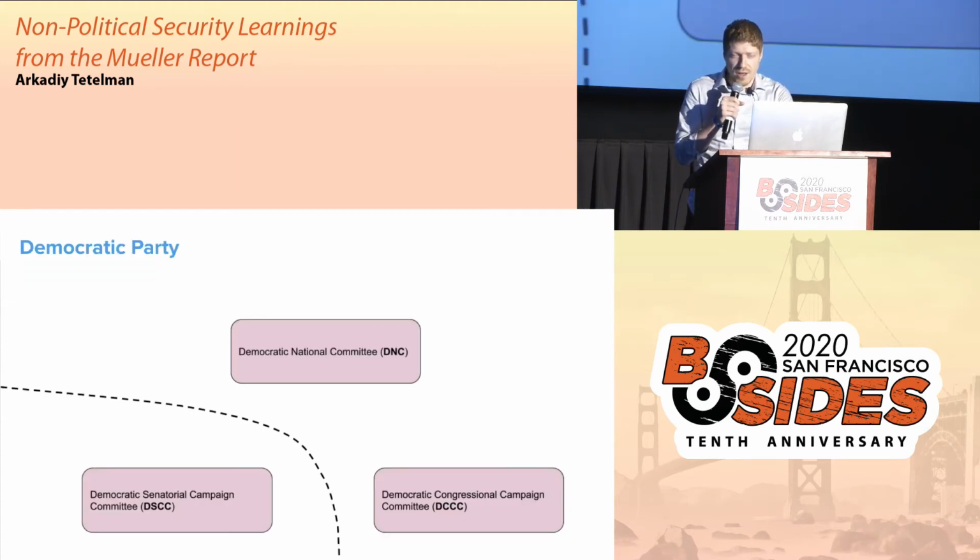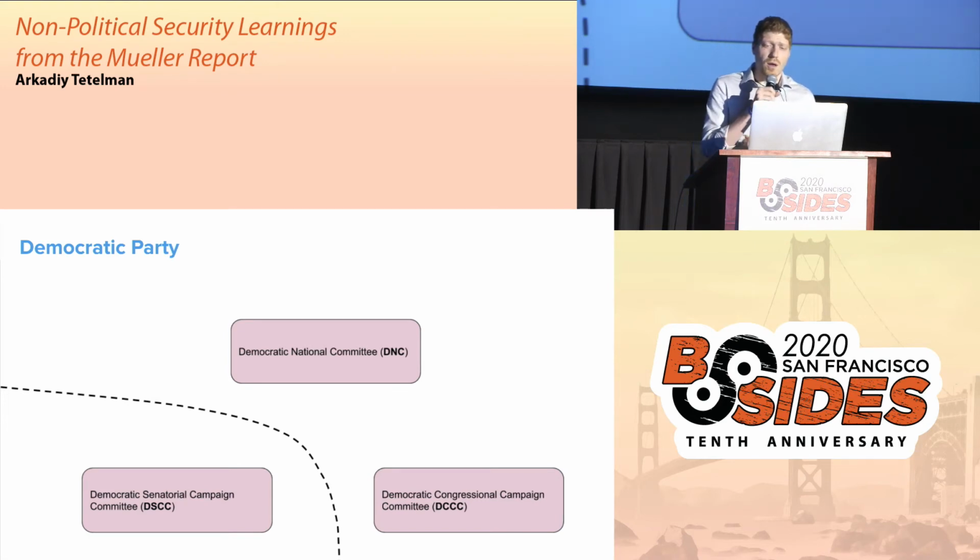And to answer that, I want to take a little sidestep here into the structure of the Democratic Party. You've got three components. The Democratic National Committee, the DNC, focuses on the presidential campaign and the party convention. The Democratic Congressional Campaign Committee, DCCC, focuses on the congressional races, and the Democratic Senatorial Campaign Committee focuses on the Senate races. And that last one was not hacked, to my knowledge. There was no public reporting it was hacked. I'm just including it for completeness.